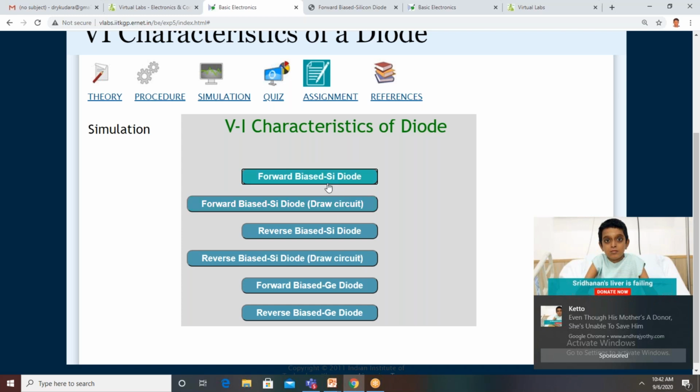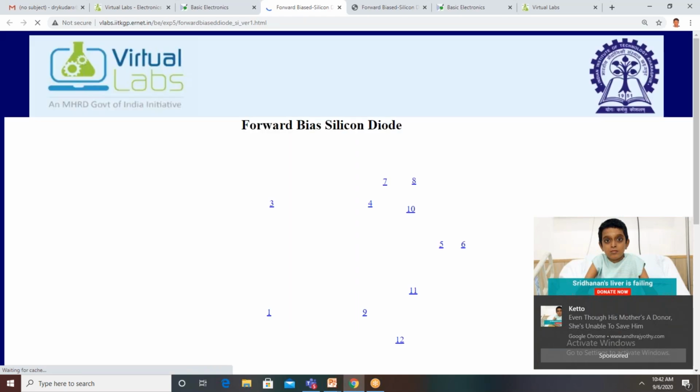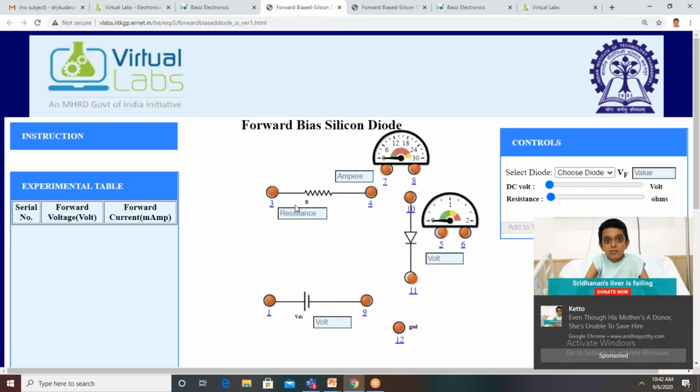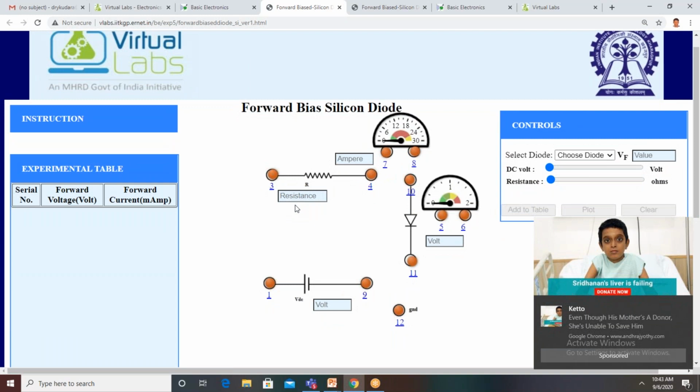The difference is here the circuit is completely available, all the connections are made. But here if you want to make the connections between the components, you click on this forward bias silicon diode icon. Now the circuit is open like this. In the previous one, the circuit connections are made, but here the connections are not available.